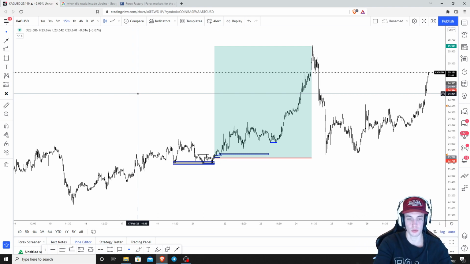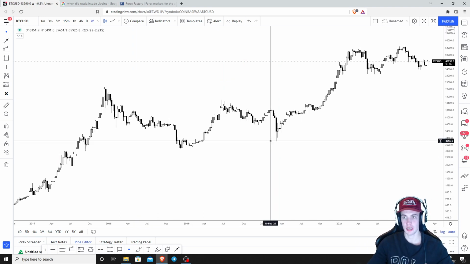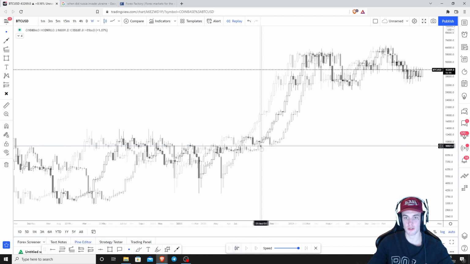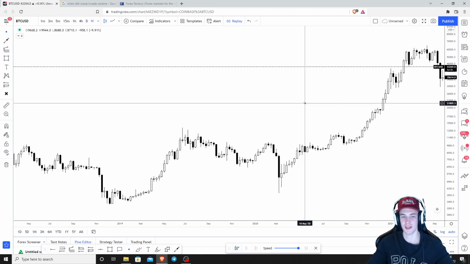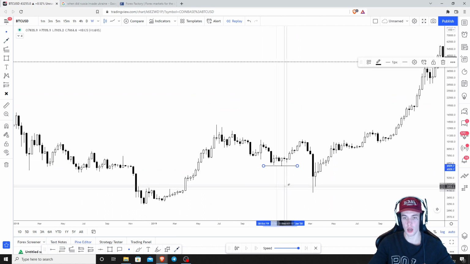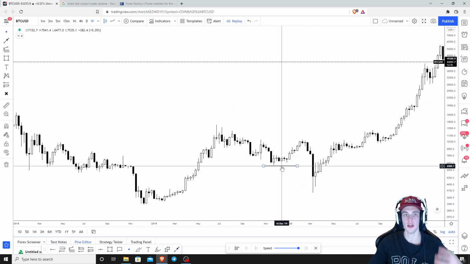Let's look at more examples. Let's look at Bitcoin. I want to show you guys a completely different news article. COVID, March 2020. Do you remember when Bitcoin started crashing in March and everyone was fearful because it was a black swan event? No, it wasn't. All it was doing was taking all the liquidity, all the early buyers here,